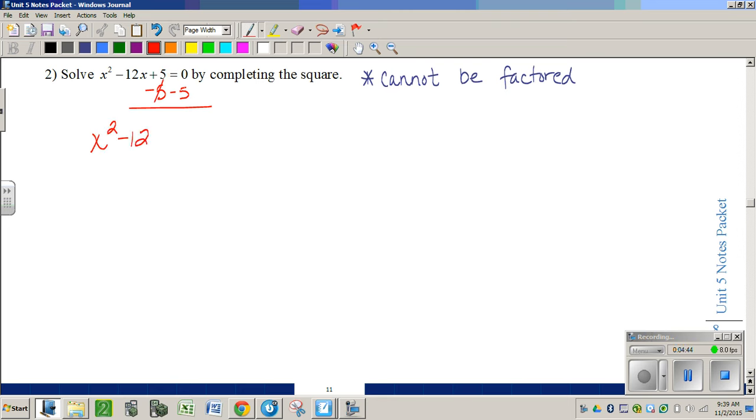So x squared minus 12x, remember I've got to add something to both sides. This is going to be equals -5 plus something. So looking for that 1/2 of b squared value. So my b value is negative 12. So I want to take